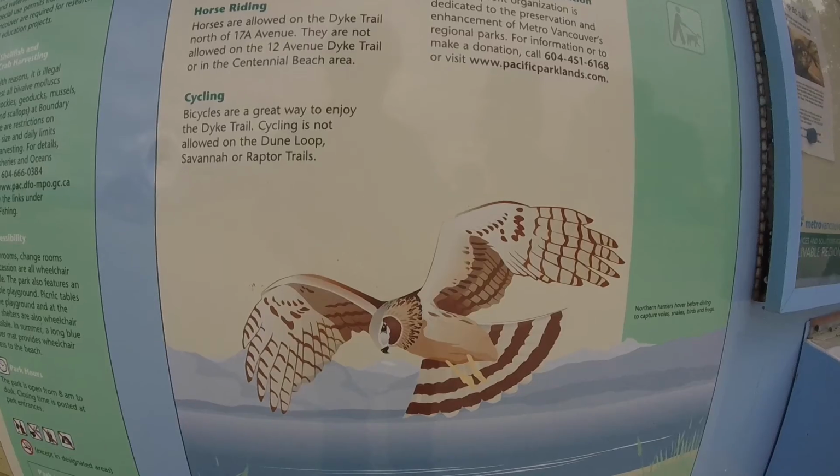So here at Boundary Bay, in 1892 there was a dike that was made through here, and since then there was a bit of a community that developed, and it became something of a resort town. And there were farms, of course, farmers' fields throughout here, but the idea was to turn this area into